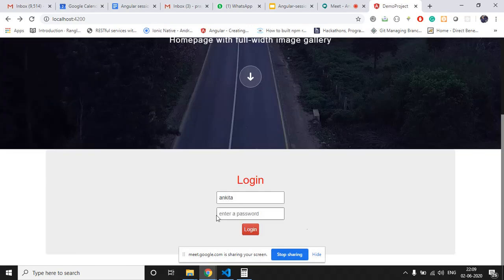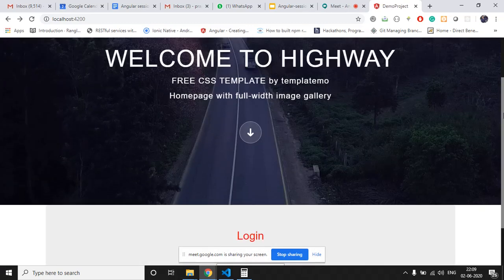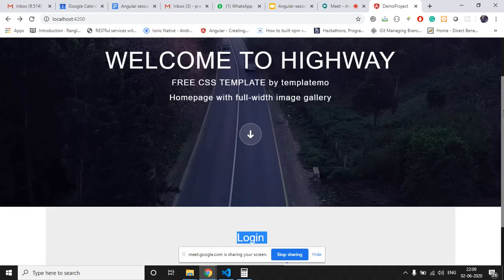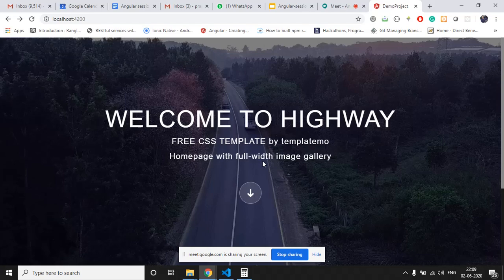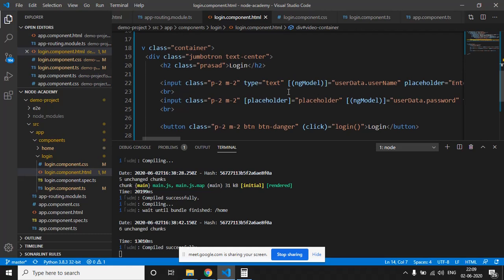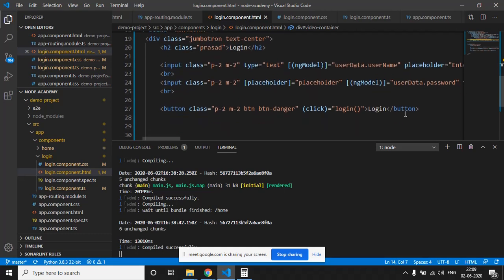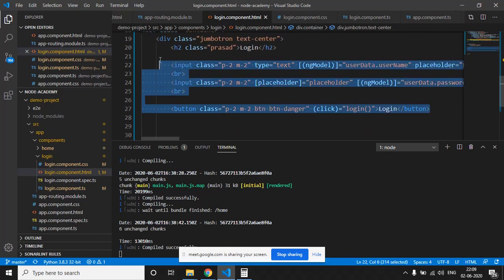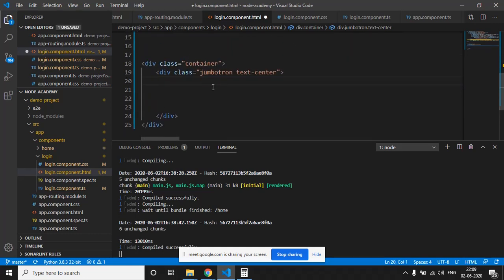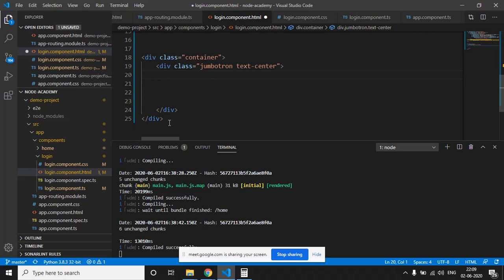And here is our login form. What we have to do is put this login form instead of this welcome to highway and all these texts, right? So we will just copy our login form, like the button, input boxes, and this text, not the container and jumbotron thing, because we don't need this for now.